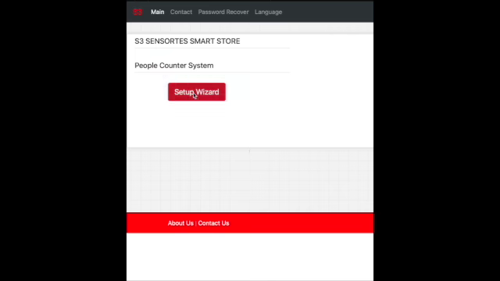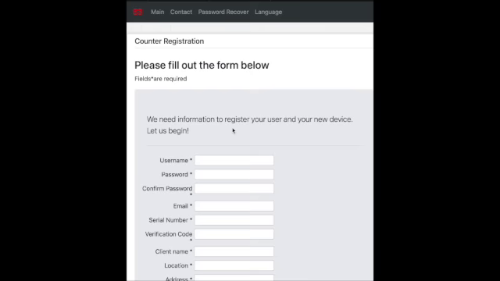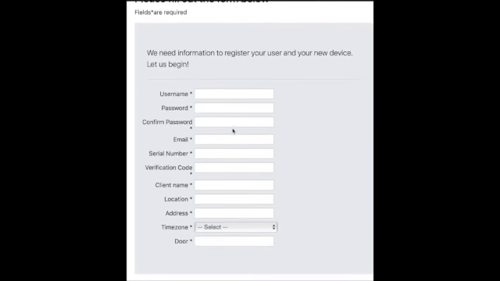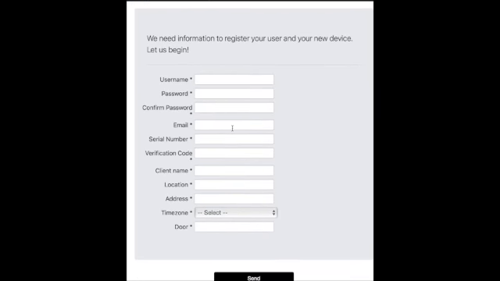As it is our first time, we enter through the Setup Wizard button. We can see the form, which we must fill out in its entirety. The first row is the username. We must write the username that we want, and then we must write a password for our account. We confirm this same password in the next field,